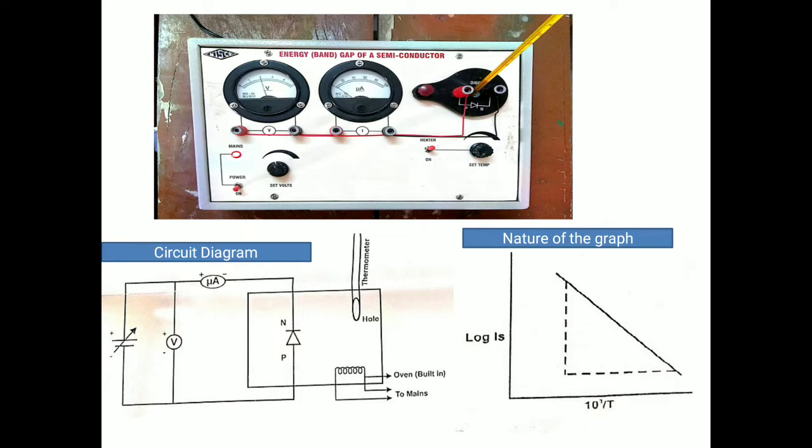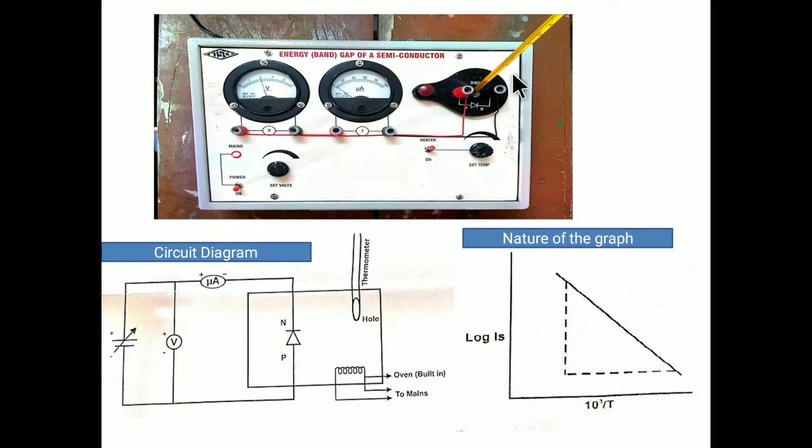Now vary the bias voltage in steps of 0.1 volt and note down the corresponding current. So the constant current is the saturation current, that is IS, given at the temperature. After some time, we have to set this voltage here. As I told, you can keep this voltage at 4 volts and proceed with the experiment, or else you can keep it at 2 volts, or else at 5 volts, whichever is convenient. So now we are keeping it at 5 volts.